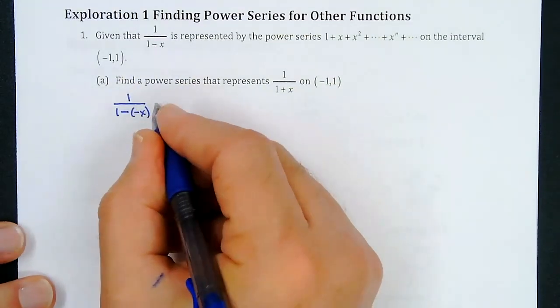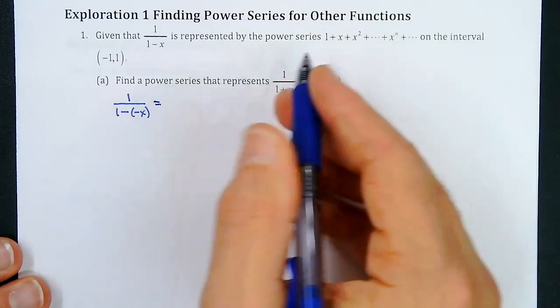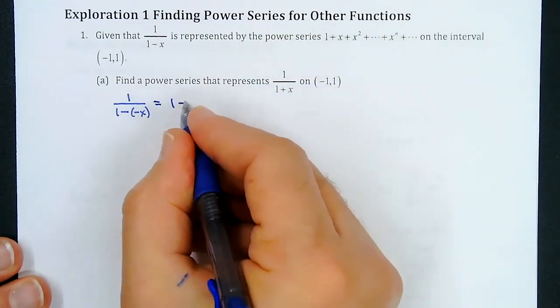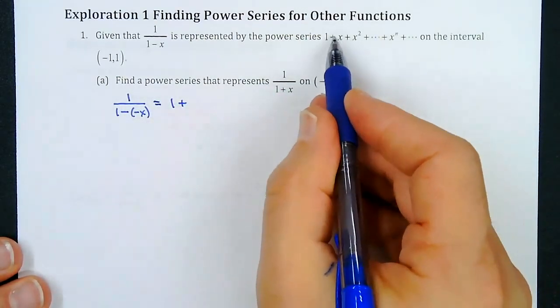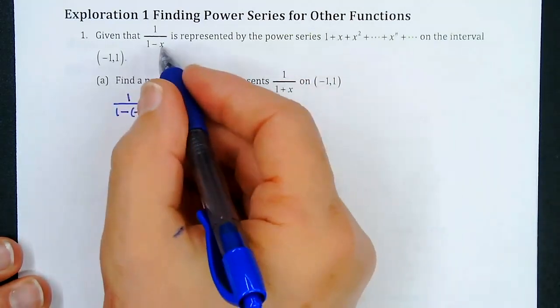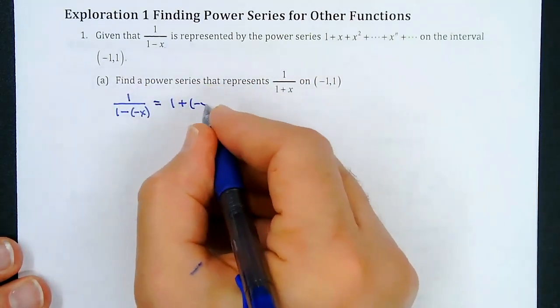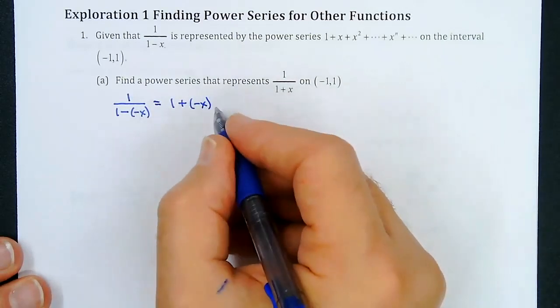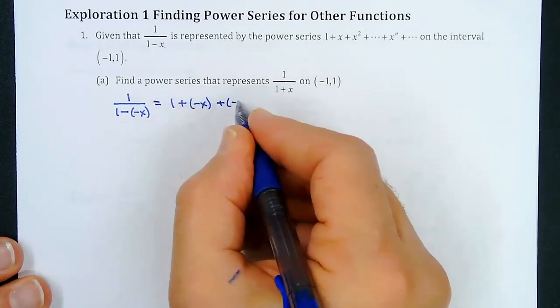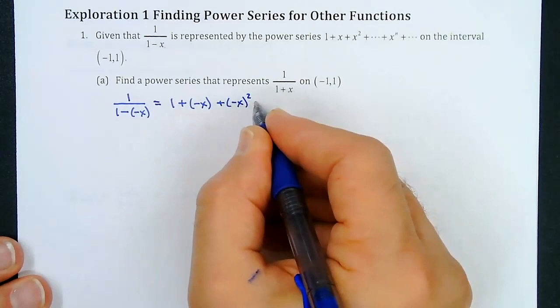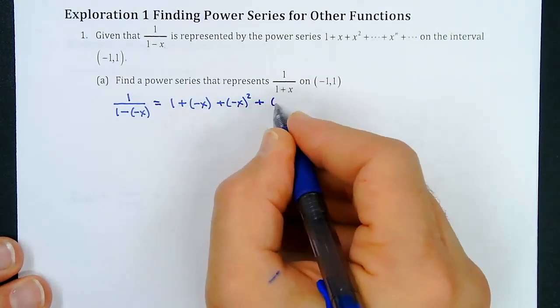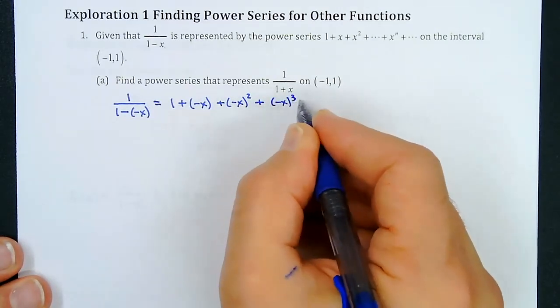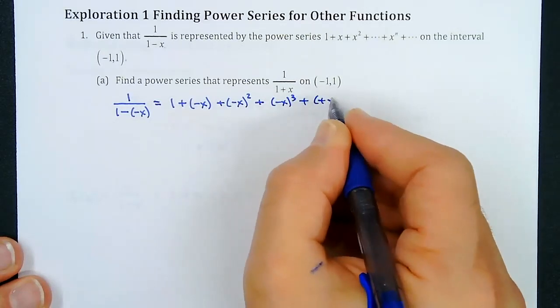So that means this is equal to 1 plus, and we put a negative x in there because that's what our value is. Basically, we're using a formula. And then plus negative x squared, plus negative x cubed,